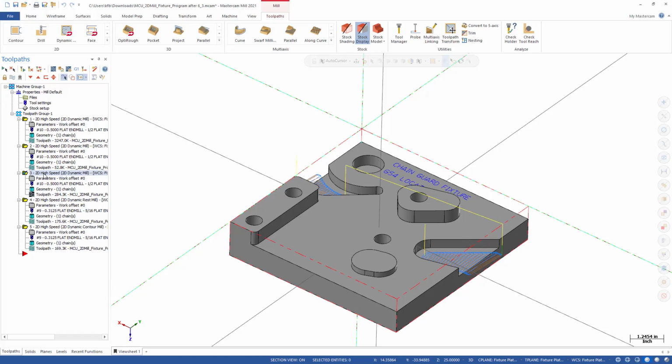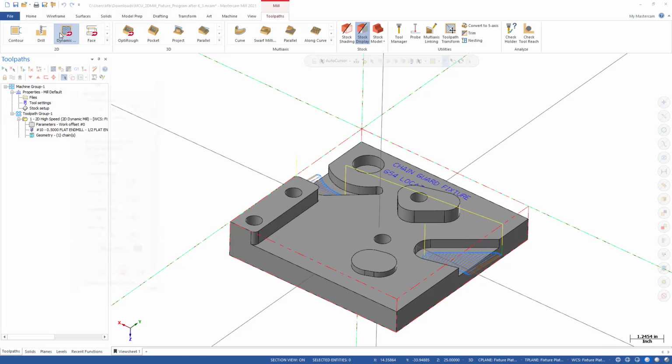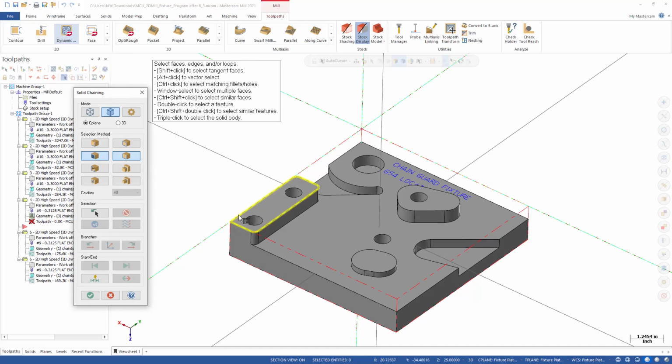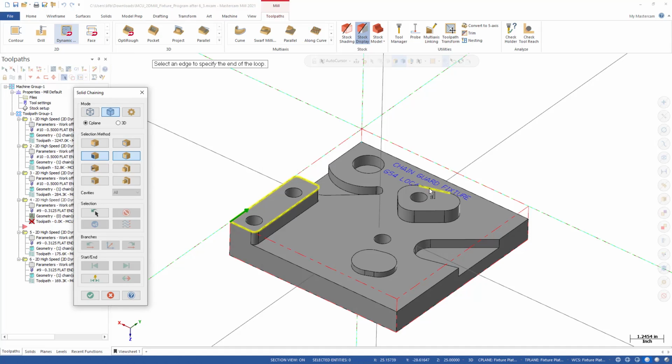So, I want to create my next toolpath using the same tool to be right after this one. With toolpath number 3 selected, I can select the position insert arrow here, and you'll notice the insert arrow gets inserted right after toolpath number 3. Now, if I create an additional toolpath, it will be put here in the order. So let's go up here and select Dynamic Mill, and then from the machining regions, I'm going to select this machining region here, this one here,